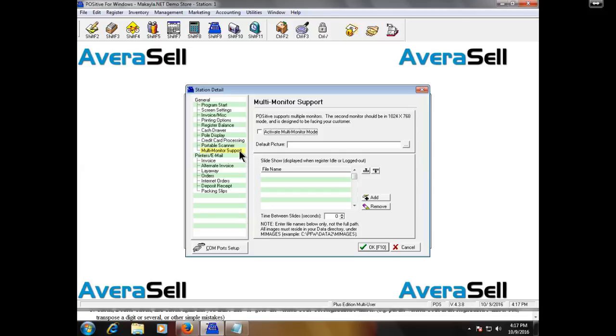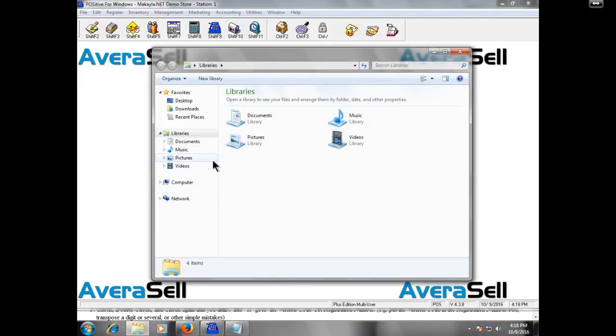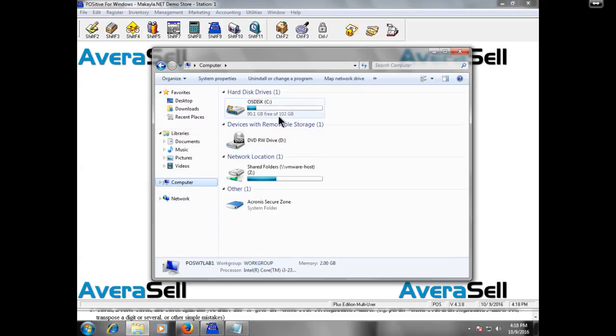Let's see. MultiMonitor support. This is cool, and I actually have a way to set this up, but I'm really not going to, at least today anyway. You can activate MultiMonitor support and set up your images the way they need to be. Where you'd set those up is in your Data 2 folder. So if we go to my computer,